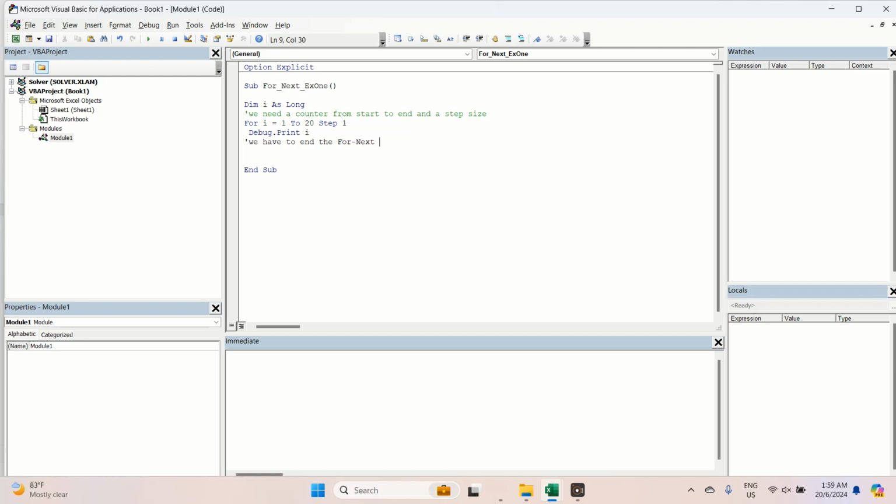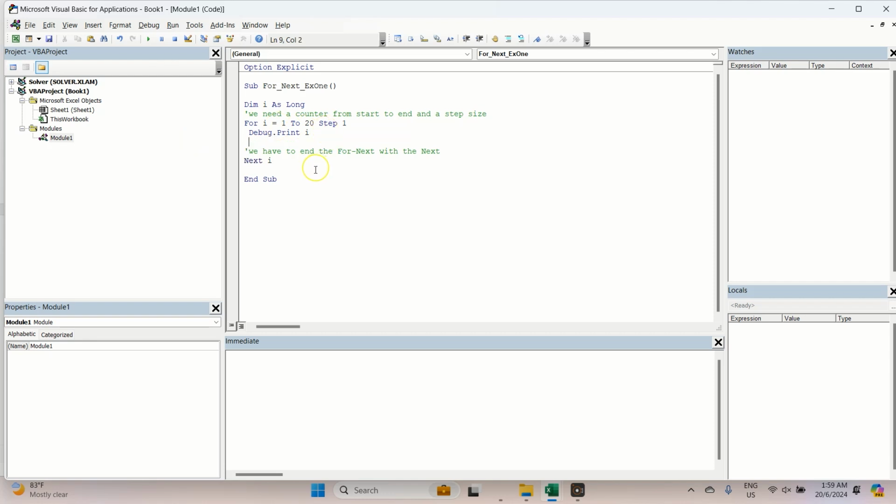We have to end the for next with the next. Remember when I said that, right? So next I. We're gonna debug.print I, and then we're gonna go next I. Then I'm just going to run the code and test it, and as you could expect, you see the results in